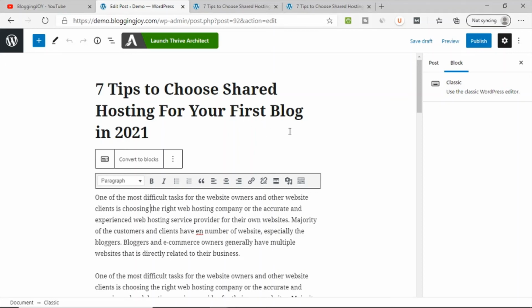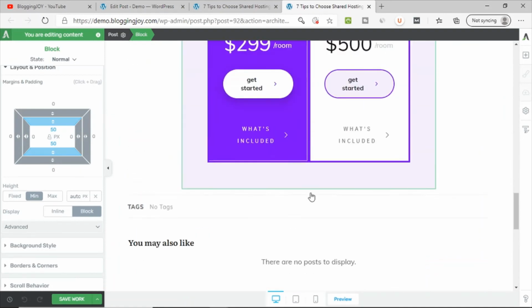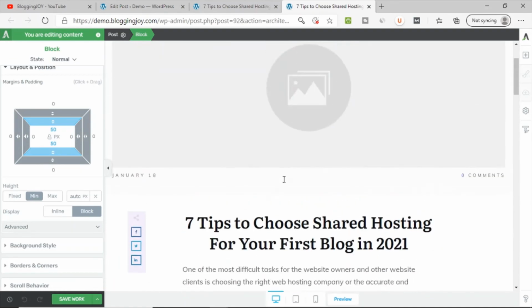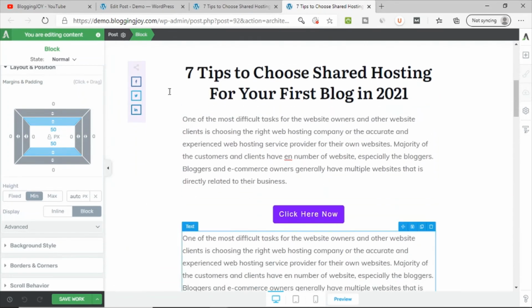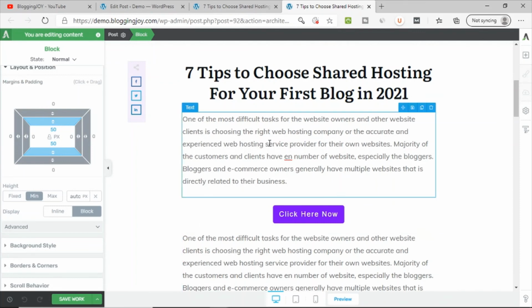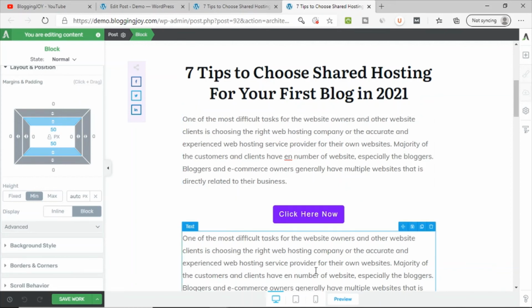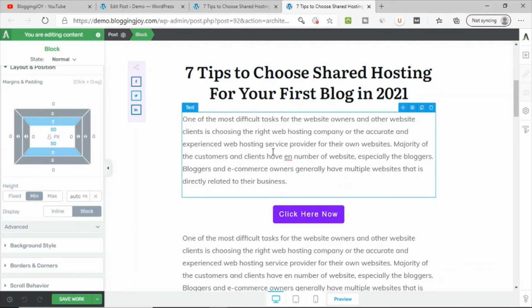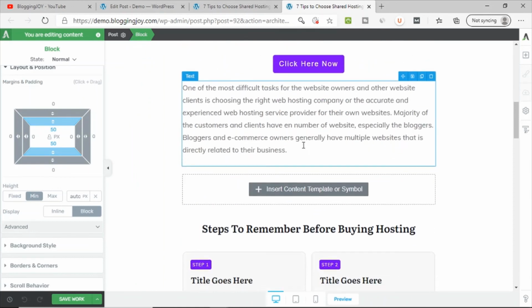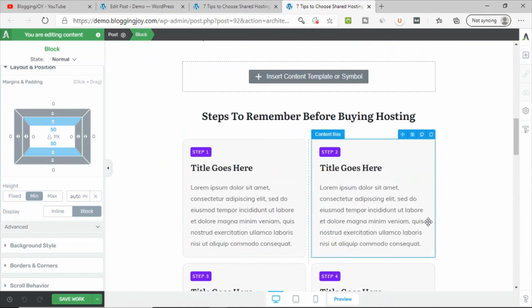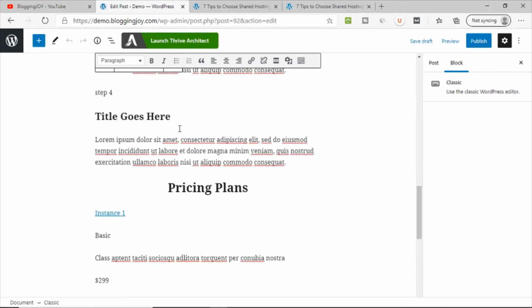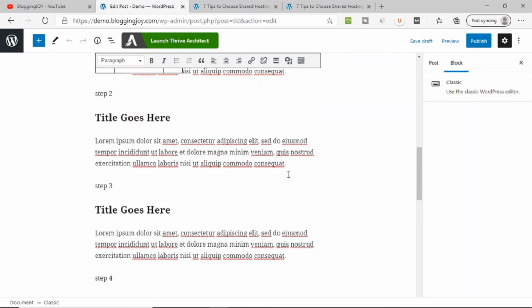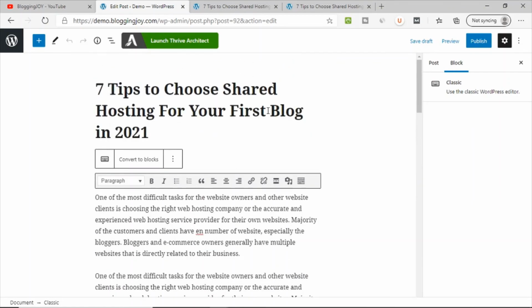With the help of Thrive Architect, you can really create very beautiful blog posts, and these days the demand for visually appealing blog posts is very high, and if you can do that, then definitely you can choose Thrive Architect. Content structure and SEO wise, there will be no difference, no impact. It's not like you lose anything if you design with Thrive Architect, but in fact it will help you, because readers may get engaged with your content. If you provide this kind of structure, they may love to read the content rather than a plain, simple, boring structure. So you decide, and accordingly choose which editor is perfect for you.